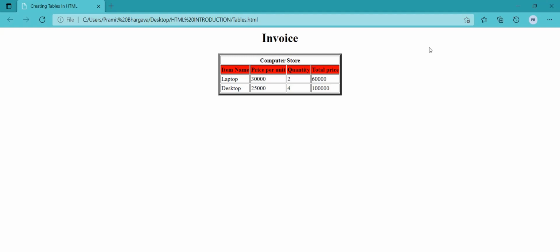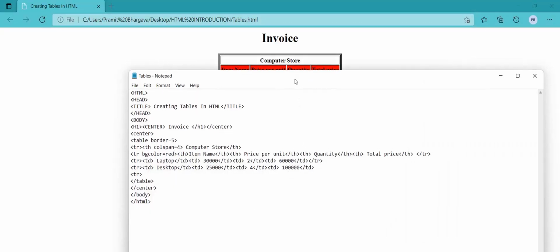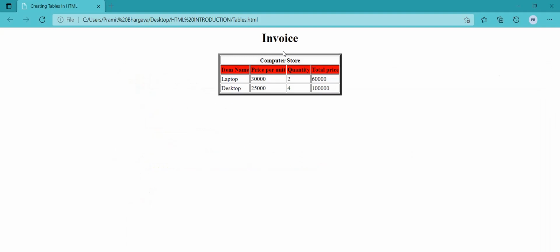Now I'll tell you how to adjust the table size. There are two ways by which we can adjust table size, by width and by height attributes. We can increase the width and height maximum to 750 if we want to see the web page on the screen.